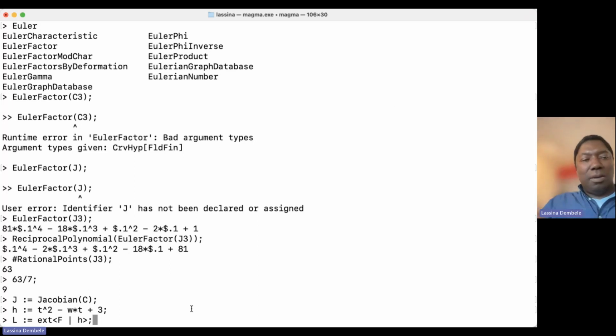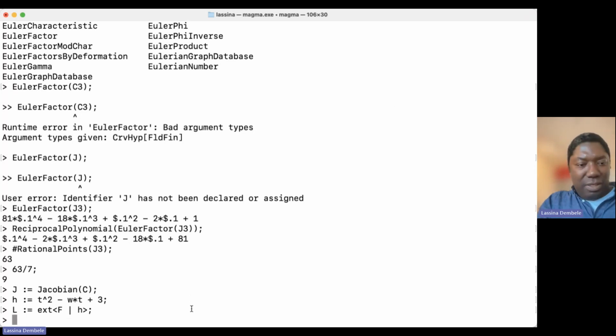But you can do almost everything on the Jacobian by working with divisors. So what I'm doing here is showing you how you can create a point, using a divisor, using points. So this is my field L, and I'm going to